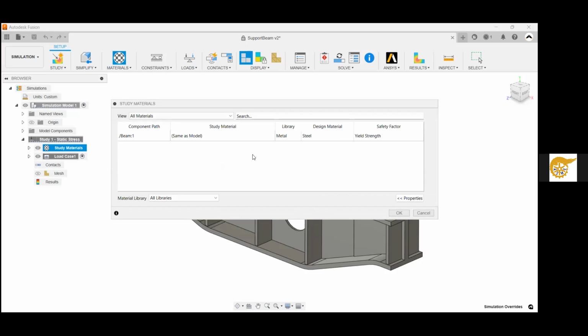Yep. So you'll get the dialog here that allows you to go and select from all materials, materials with invalid properties or materials with overrides. I'll leave it in all materials. You can select the material library that you want to choose from. I'll select all libraries. And then here in the list of components, we only have one. It's called Beam 1. You have the study material type. Now you can leave it as the same as the model, if you applied a material when you were creating the CAD model in the design workspace,